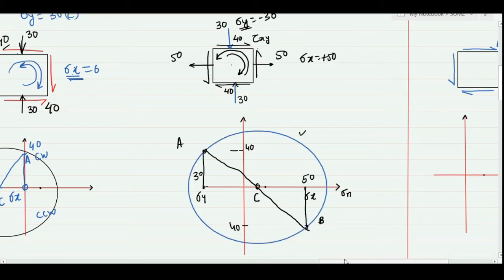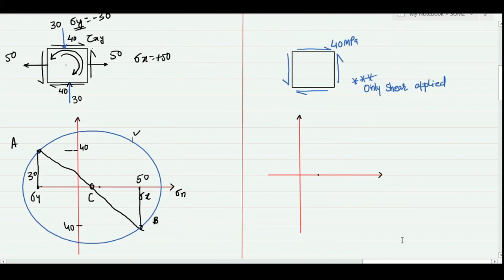Similarly, if we have a very special case where we only have shear stress and no normal stress, that means my sigma x is 0, sigma y is 0, and I only have shear stress, then how will the Mohr circle look? In this case, the origin will have both sigma x and sigma y. What about the shear? For the sigma x face, the shear stress is acting in the counterclockwise sense. So for sigma x, I will make a line in the downward side, and let the magnitude be 40.